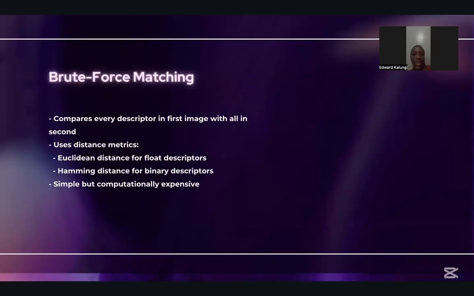Brute force matching is straightforward and reliable but computationally expensive, especially for large images or a high number of key points. It compares each descriptor in image 1 with descriptors in image 2 and finds the single best match based on a distance. And next, I'll be talking about